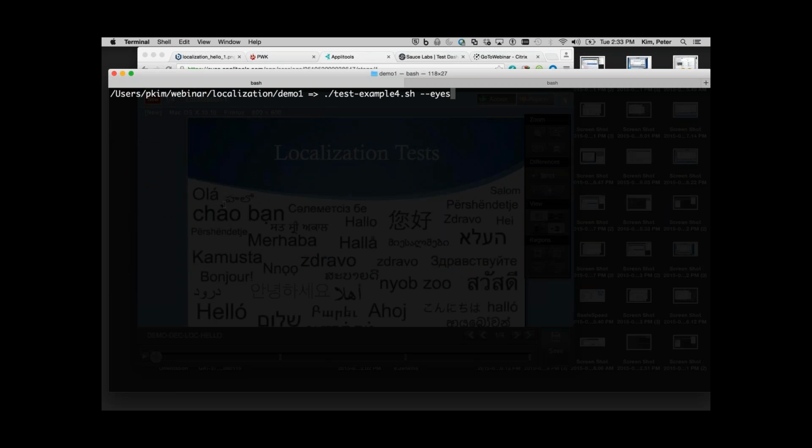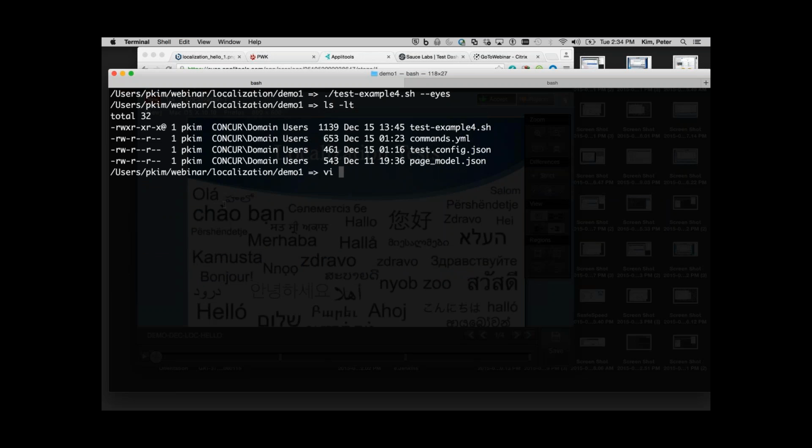So I'm just going to run the same exact test. Here, we're going to run that same test against the new rollout of the application. But just to make things interesting, I'm going to switch around the screens to make sure that we cause real differences in the visual test. So I'm going to go to my,